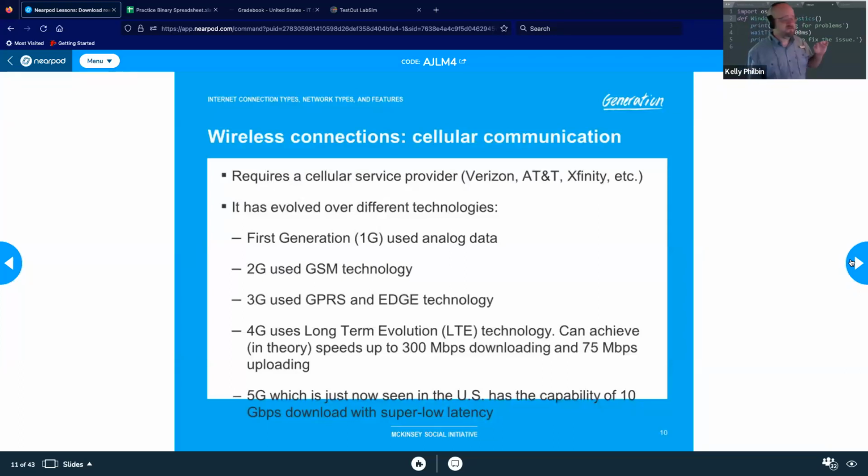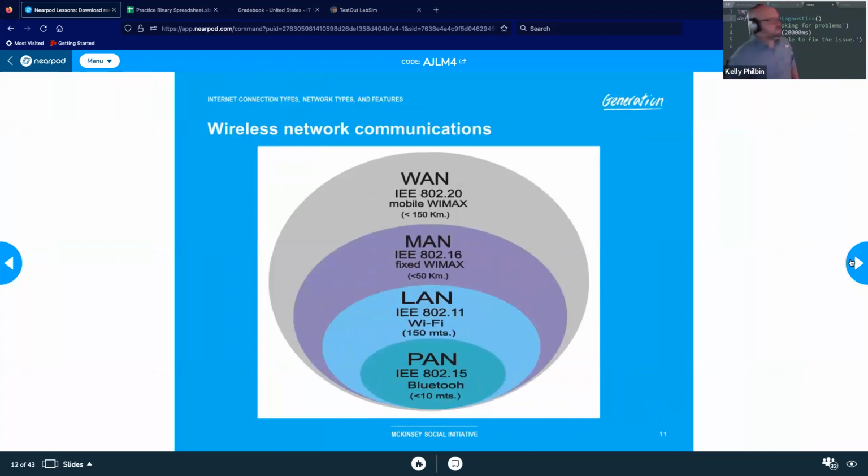We're not fully utilizing it yet. We have to basically completely revamp our entire infrastructure to make it work, but it could convert us into almost a truly wireless society with it. Now, revisiting